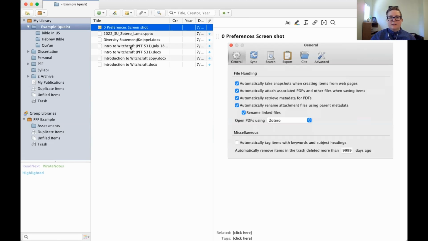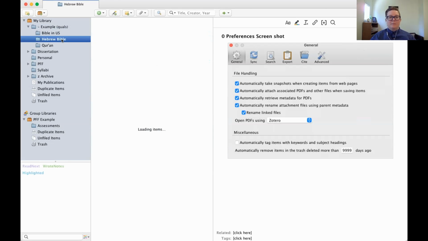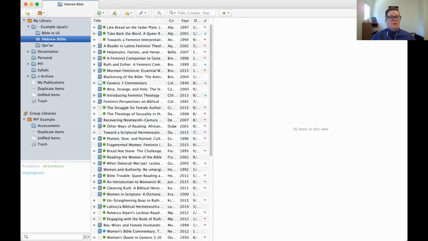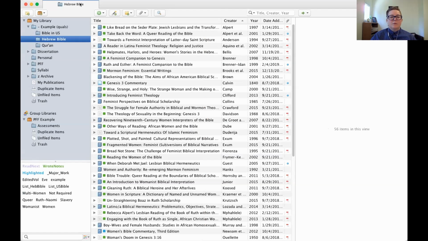Okay, let's talk really quickly about notes, and then that will be the main bulk, and I want to make sure I leave time for questions. So notes. This is the third strongest feature. So let's look at something that I want to add notes to. I don't have notes on this yet. I was going to read it next, it looks like, and I never read it. Let's double click. If you double click on a PDF,